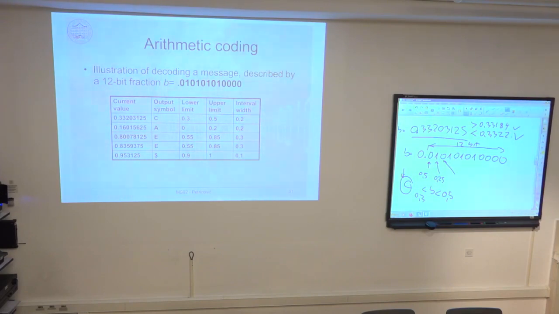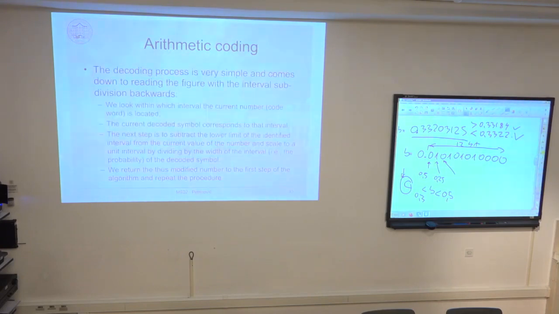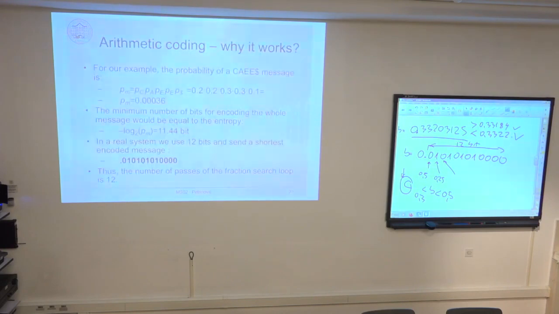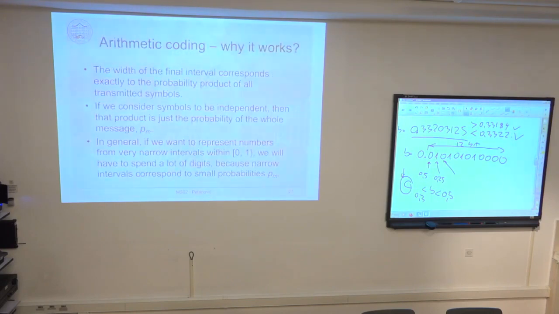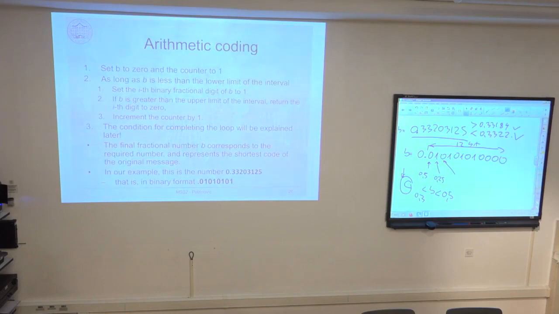Okay, and now the only question is how to find this value. So how can I come up with exactly the value of B as chosen here as a 12-bit binary fraction number? So how to find this value? And the algorithm for how to find this value is written here. Let me check here. So this algorithm for how to find the value of this number B: